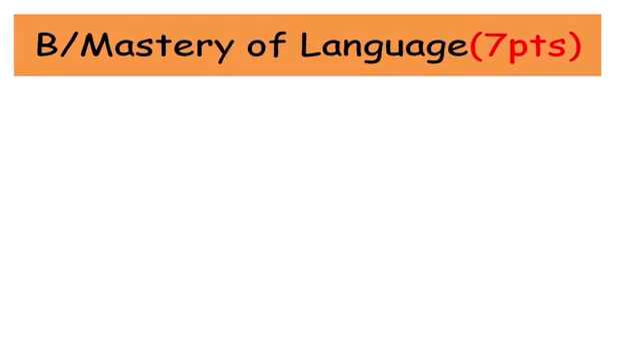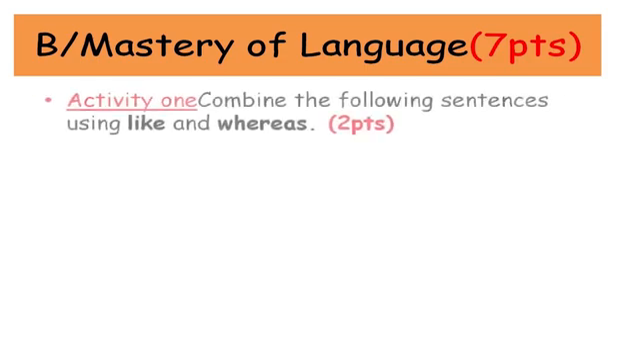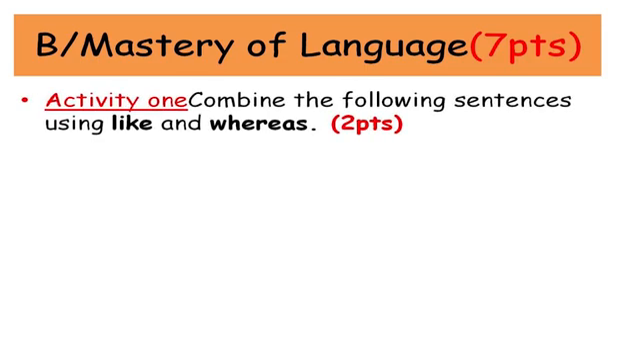Now, as we have finished with the third activity, can you guess what comes after? Yes, we have B, mastery of language, and it is out of 7 points. And also we have 3 activities for this session. Activity 1,